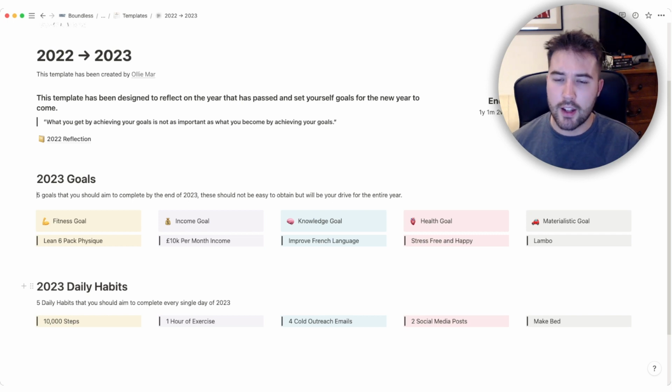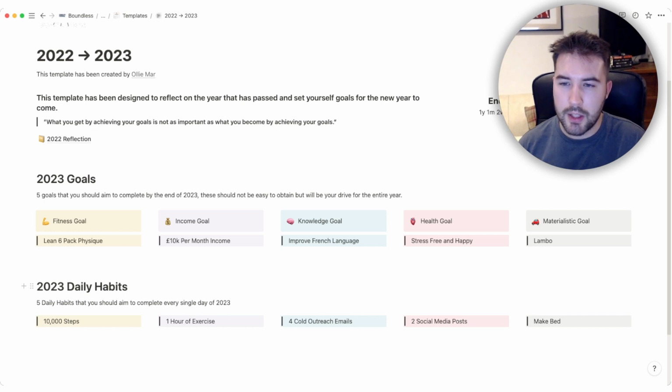And then I've put materialistic goal. Now, this is a really interesting one. Everyone's like, you shouldn't have materialistic goals. There's no point having them. But at the end of the day, if that's something you want and that's something that's going to drive you, for example, if you know that when you hit this income goal, you'll be able to get yourself a Lambo, and the Lambo is the dream, but the income goal, money's money, it doesn't really matter, then the materialistic goal does matter. I think it's very much structured on how you live your life. And you can have as many of these goals as possible. You could just duplicate these in here if you really wanted to. But I think 5 is plenty for the year if you do it properly.